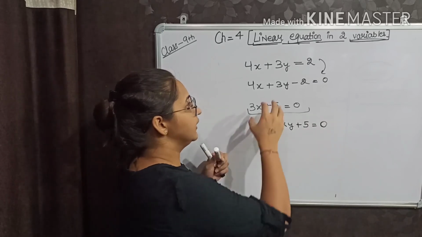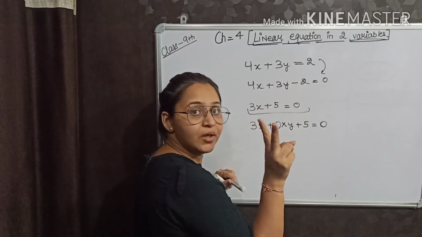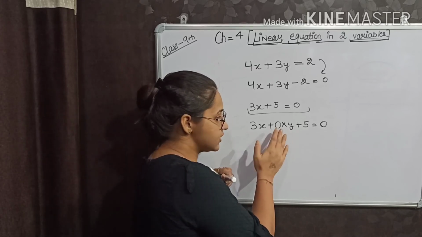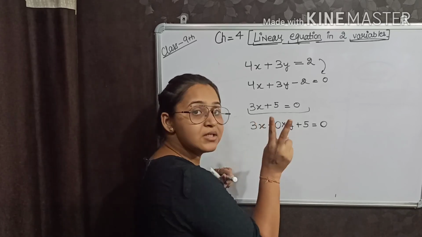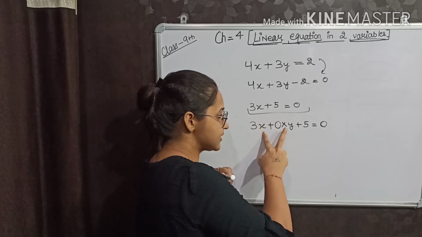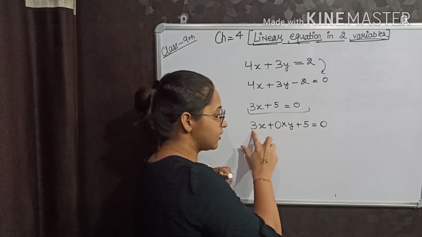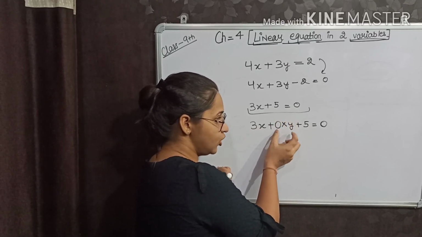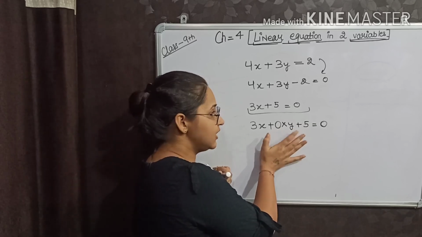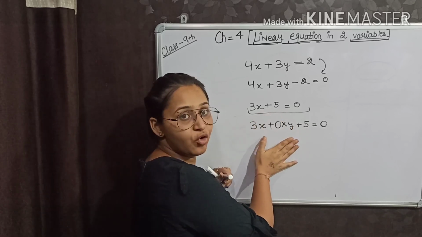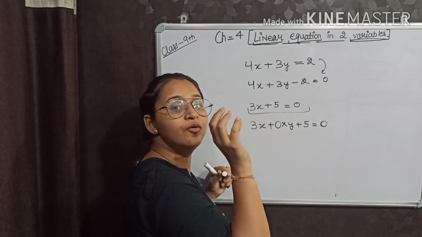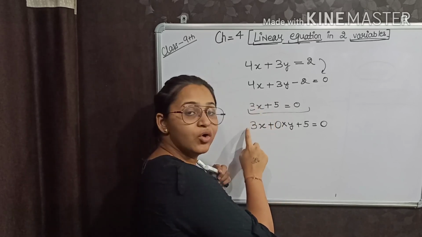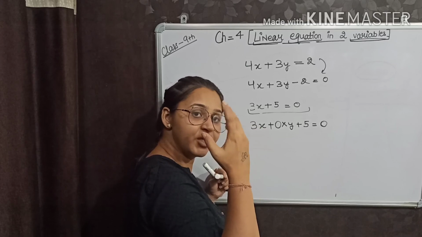I am saying the equation must contain two variables. Constants can be any value. I can give constants any value, but the variables that are present must be two. Here x is present, y is present. Constants are 3, 0 and 5. Okay, there is no effect when I am multiplying 0 with y, it will give you 0. But still you can write this equation into this form. So you must learn that any linear equation in one variable can be converted into a linear equation in two variables.